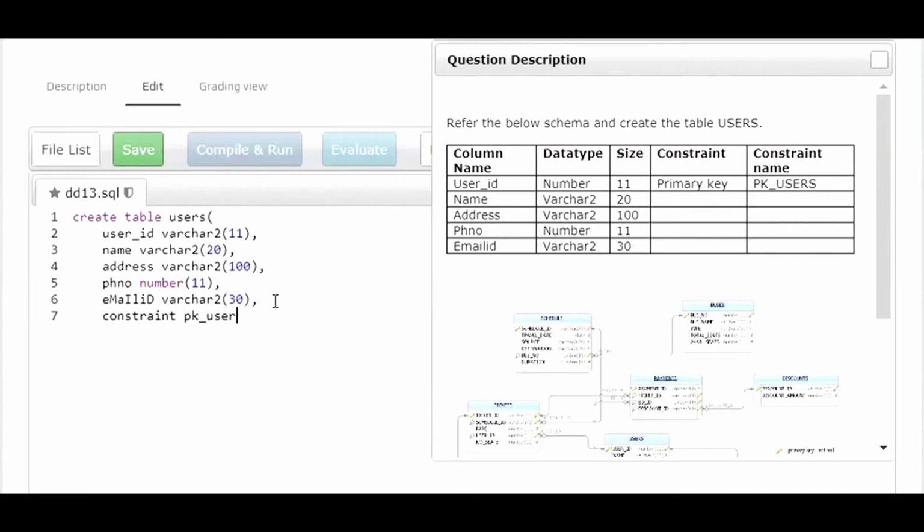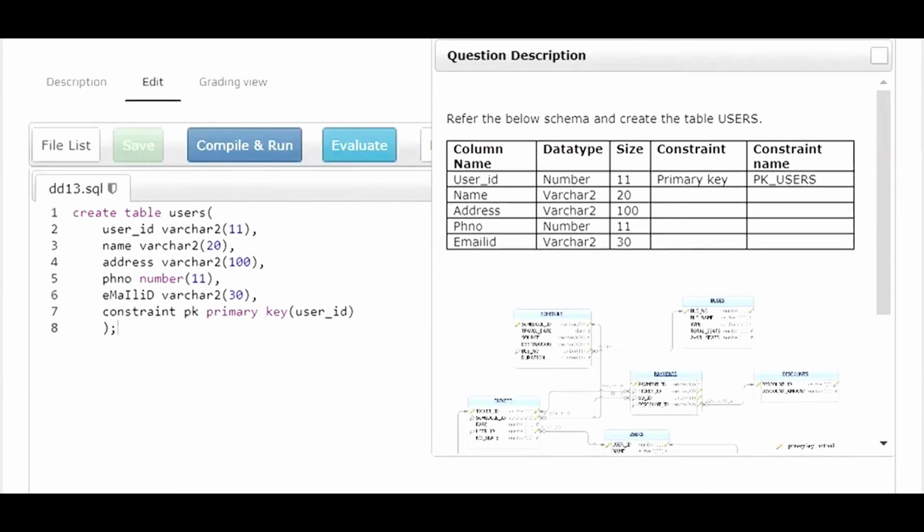But if I'm going to alter it, let us see what happens. So I say pk only, and this constraint is a primary key, and the primary key is my user underscore ID. So all the columns are defined, and finally I close my statement for create table.